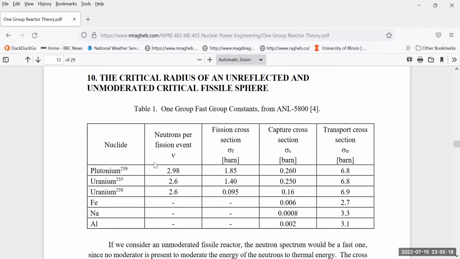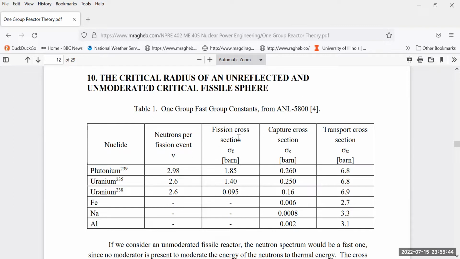And it gives us those values of the parameters that we need in our calculation. So for plutonium-239, you'll find that the number of neutrons per fission event is 2.98. For uranium-235 it is 2.6, and also for uranium-238 it is 2.6. Iron, sodium, and aluminum, of course, have no neutrons because they're